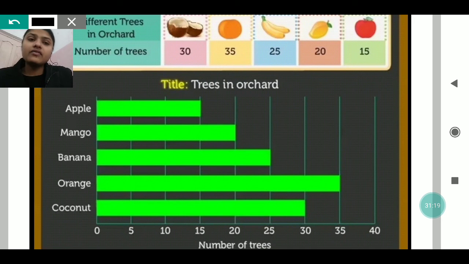Okay, after that we have to draw the bars in the same way. Whatever data is given, by seeing the data we can observe, and accordingly we have to draw the bars. You can see how I have drawn, and this bar which I have drawn here is in horizontal form. So a bar can be drawn vertically or it can be drawn horizontally. No issues in that. You can draw the bar in both ways.